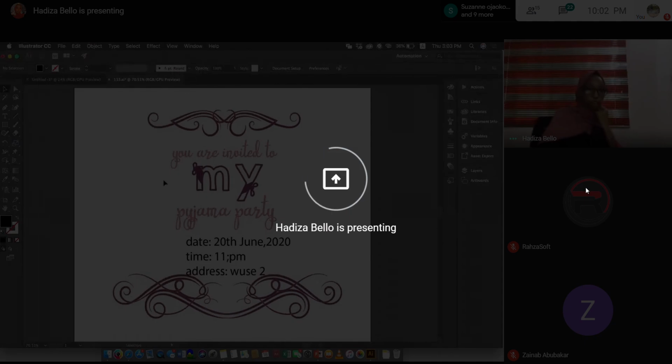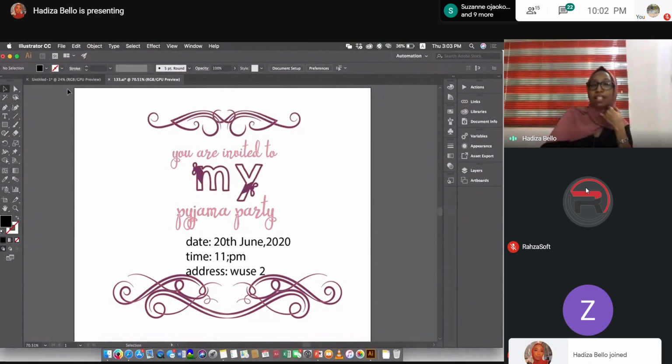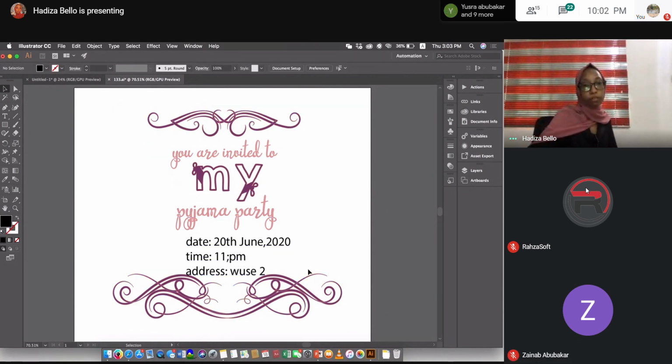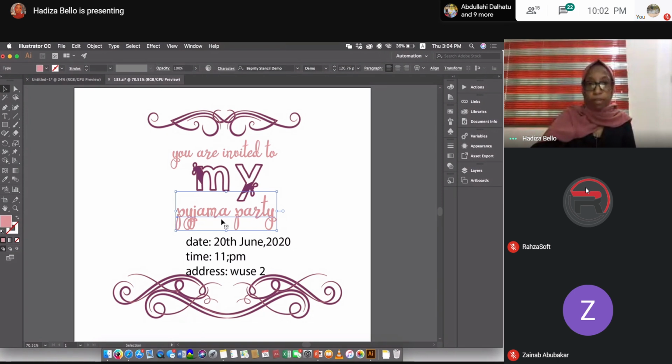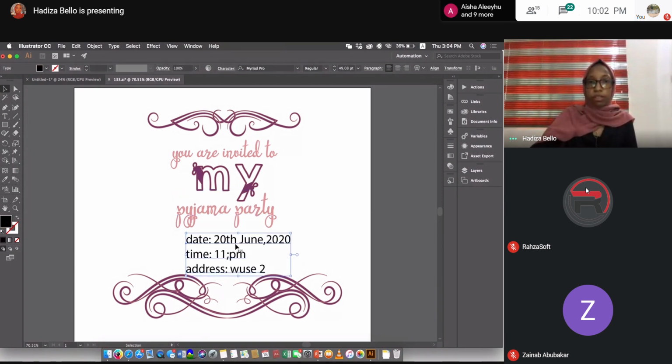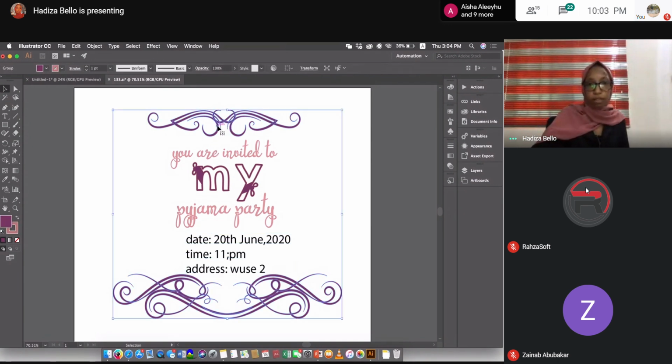And if you want to export that for printing, let's say you want it to be printed and be sent to your friends, all you have to do is export it as a PDF file or a PNG. PDF would be easier for printing. It comes out better and it's just more suitable. So all you have to do is